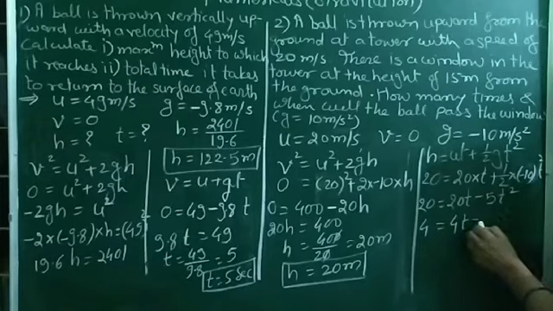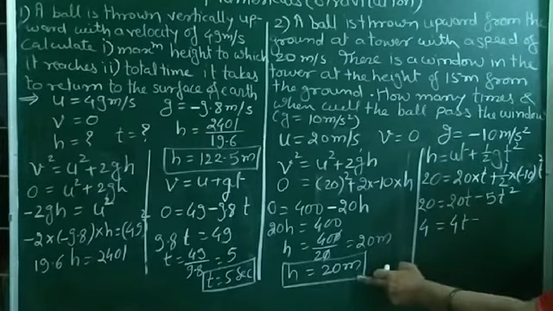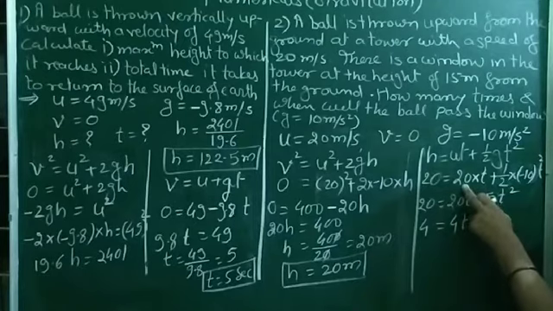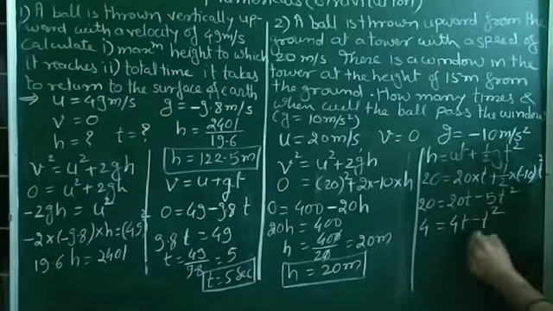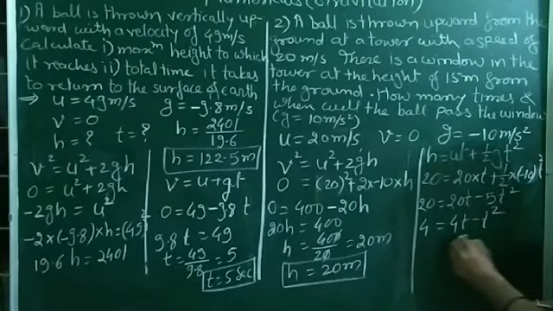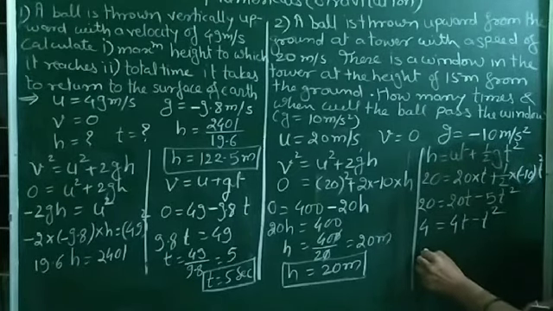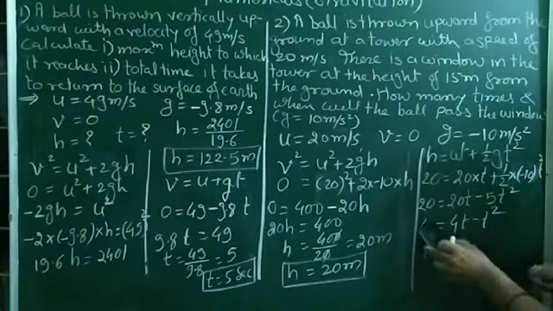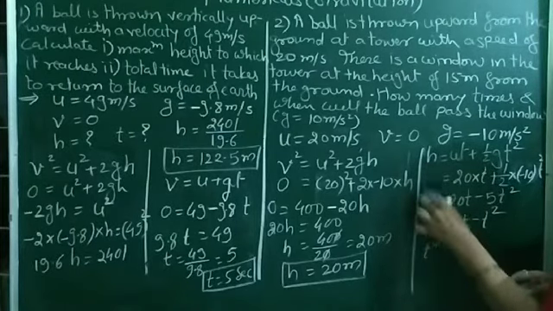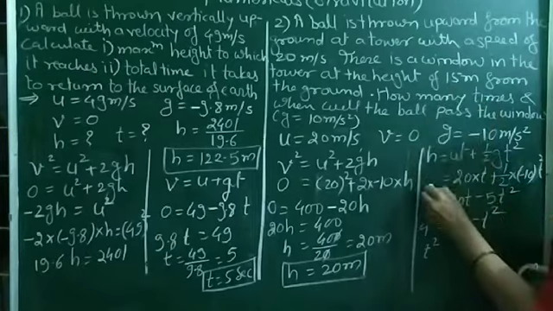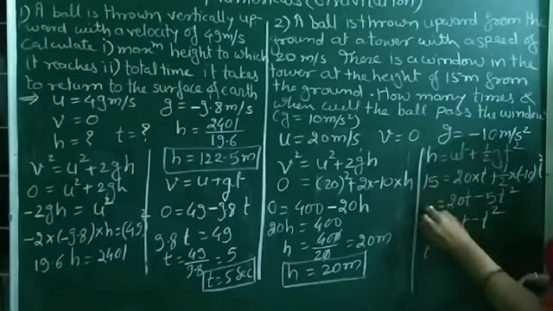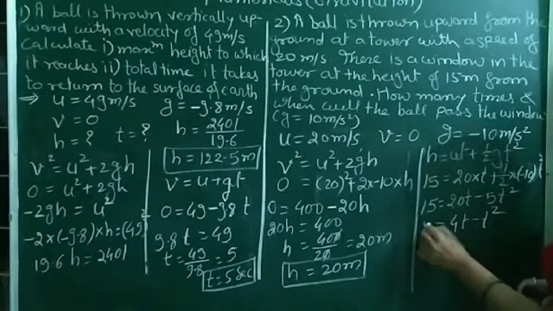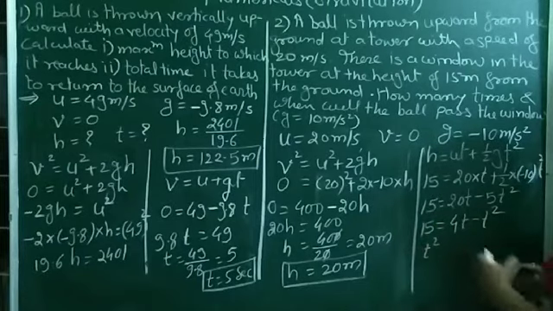minus u is equal to h is equal to 15, u is also 20, t 5, and it will be t square. h is not 20. What we have to find? We have to take 15 meter. H is 15 meter because we have to pass the window. So we have to keep the value of the height of the tower as 15,